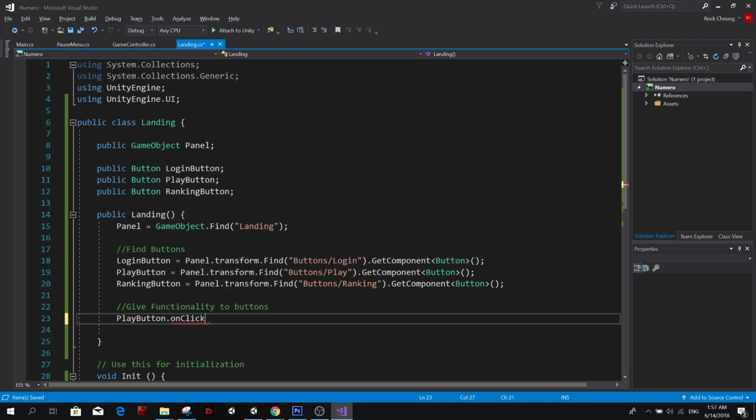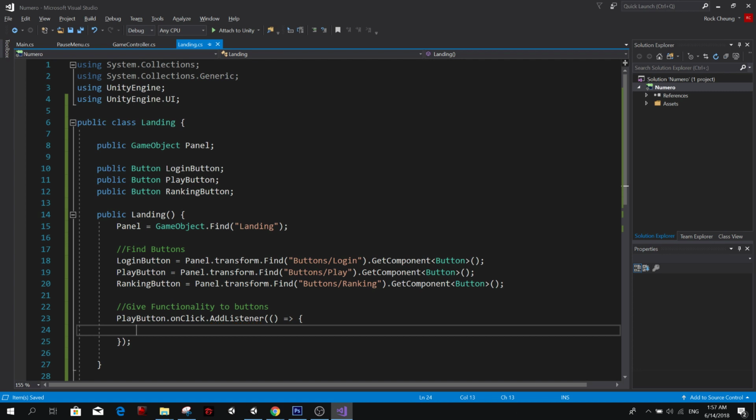On click, we're going to add a listener. We add a listener with a lambda expression. And here we're going to pass it to main. So we're going to call a function from main instance.